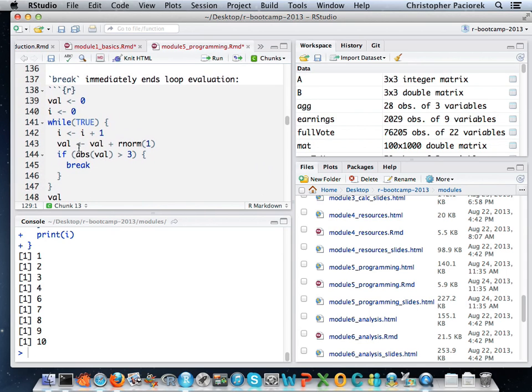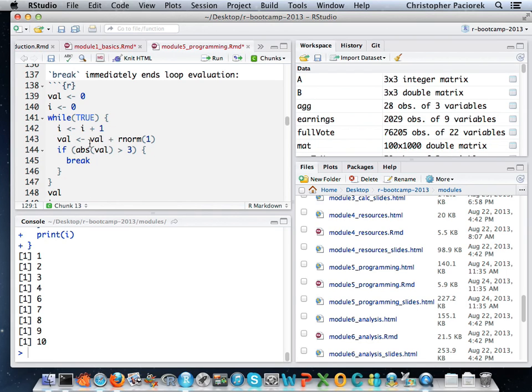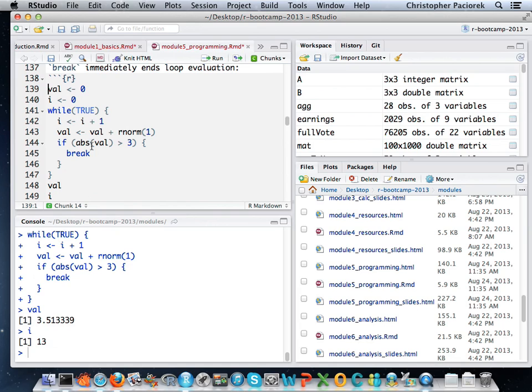And then break is a similar way to control the flow of loops. The break statement says if you hit the break statement, the loop immediately ends. You stop iterating through the elements of the for loop, you stop iterating through the while loop, and you just hop right out of the loop right then.